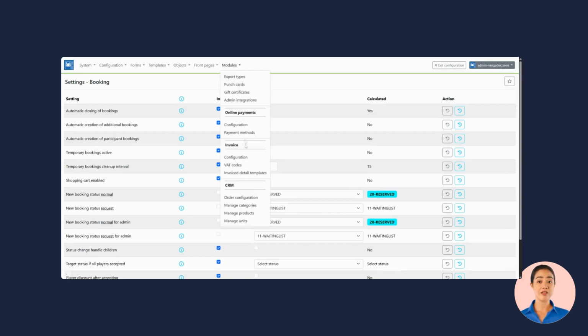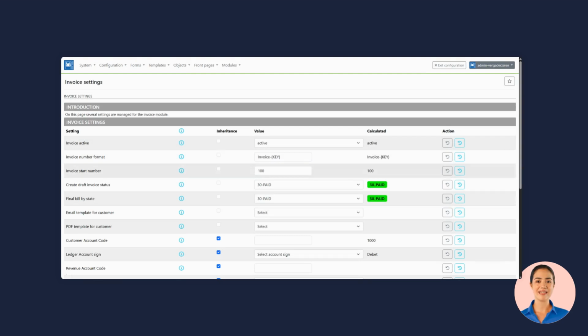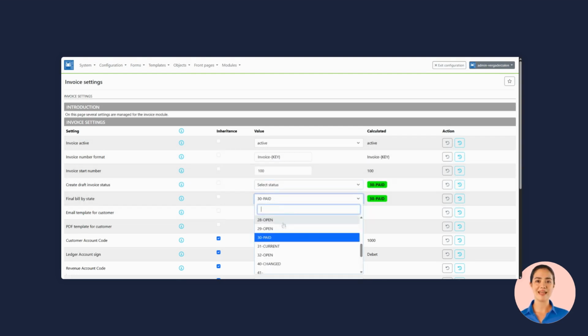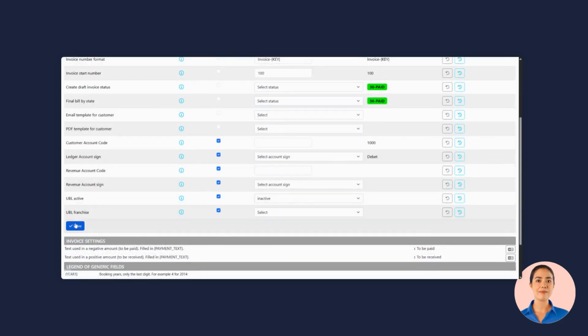These settings can individually or both be set to select status. This has the effect that draft invoices are no longer automatically made, or that draft invoices are not automatically made final. This can then be done manually by creating draft invoices on the reservation page or by making invoices final